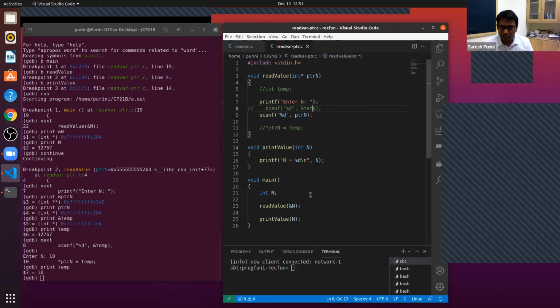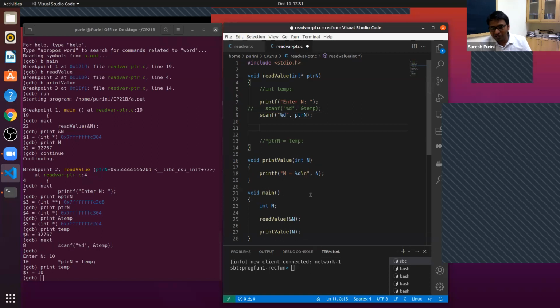I want you to think about it. This will work and this should work. So after the class is over, think about it, write some programs and test what is going on. Okay, good question. If I use this one, what will happen? Let me draw the picture again. What is the address of PTRN?